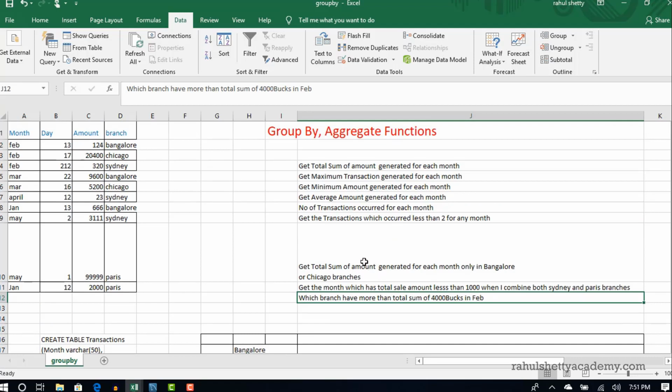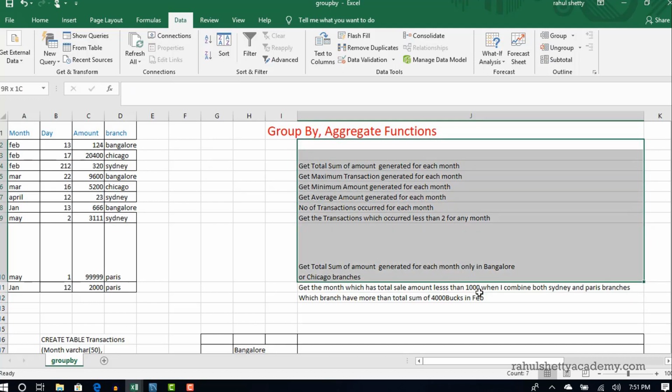Awesome. So we have completed our job by going through all the aggregate functions, and trust me guys, we did a lot of exercises here, and this knowledge will really help you crack any SQL question on group by, aggregate, having, where, whatever it is.